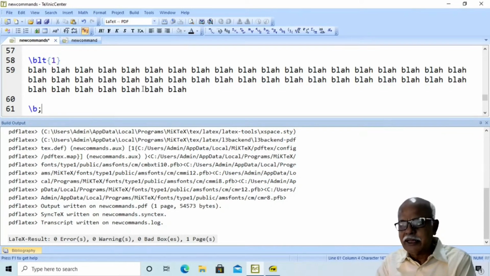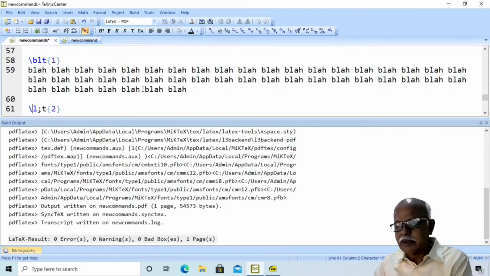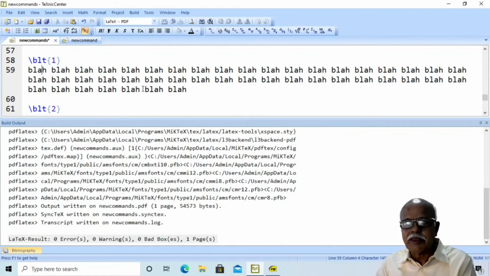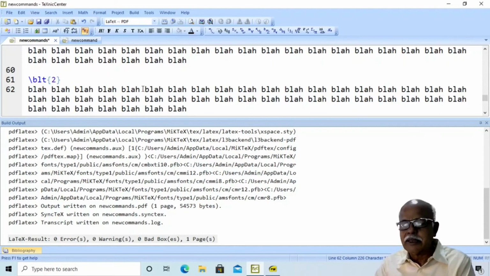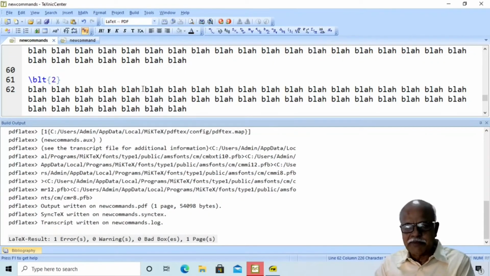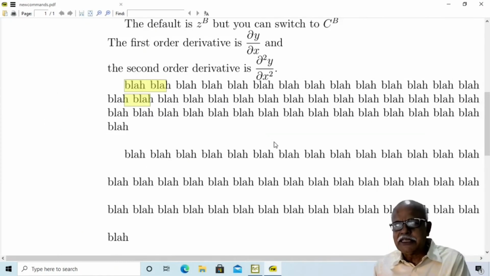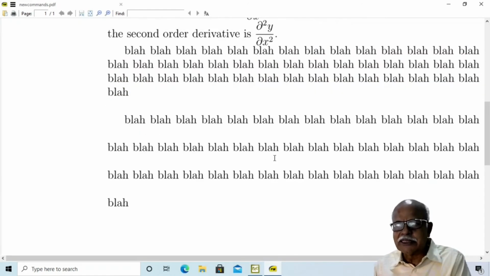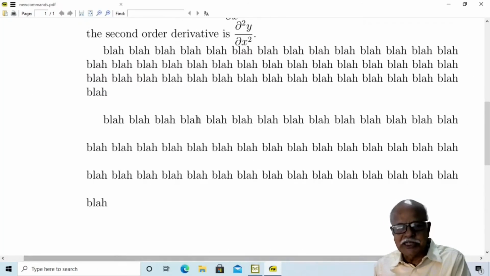Here I will say \blt{2}. Compile. In the first case you find the baseline stretch is 1. In the second case baseline stretch is 2. In such special cases you may redefine the already existing LaTeX commands.